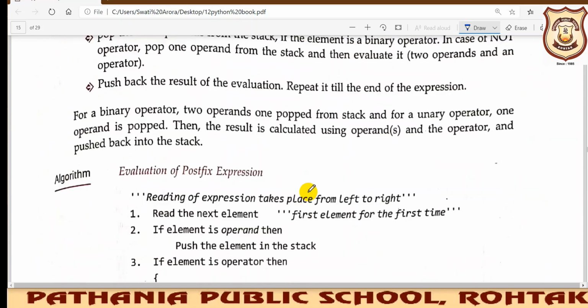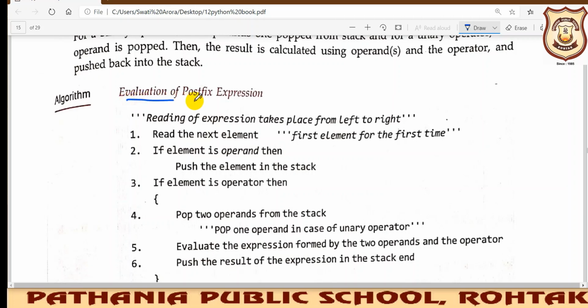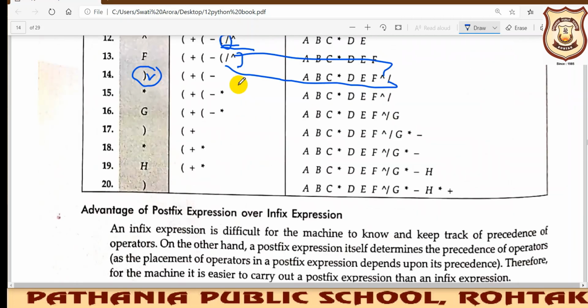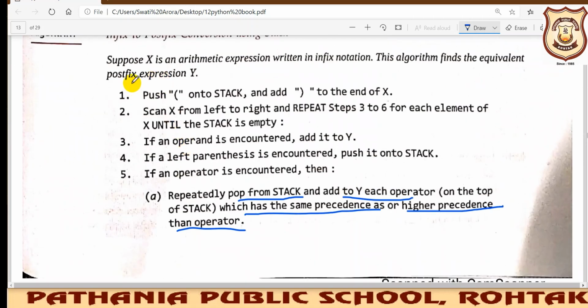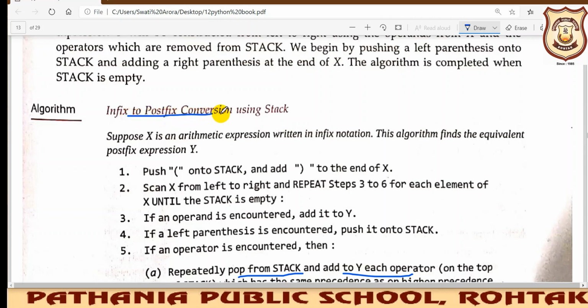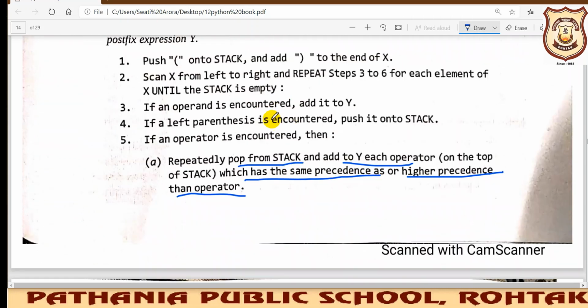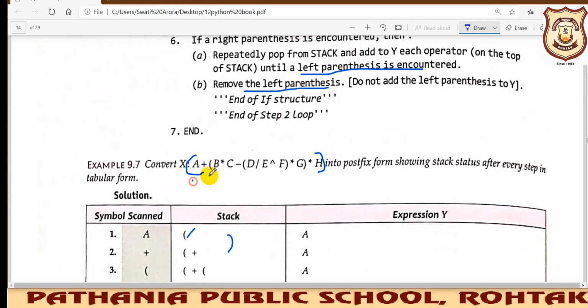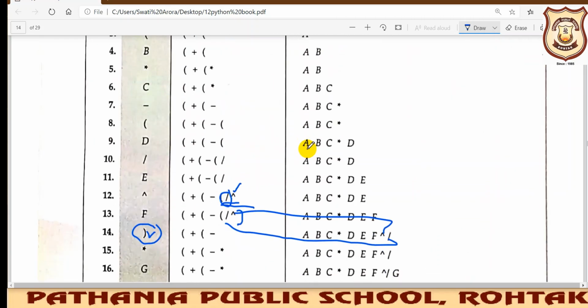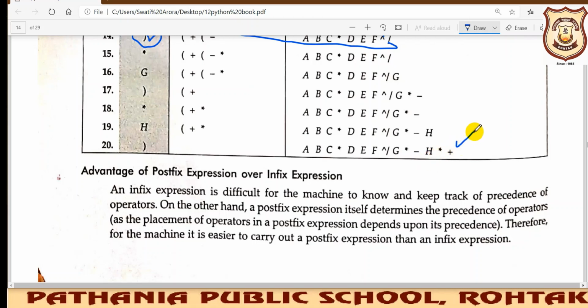And now let us discuss another algorithm, for evaluation of the postfix. This was for conversion of the infix expression to postfix expression. Here we were not evaluating, we were just converting, meaning we will not be given the values of the expression variables, or we can say operands. See, this type of expression is given to you and we are not aware of the values of a, b, c, d, e, f, g, h. So ultimately we will get the answer like this only, we will not get any numerical value for this expression. When we evaluate, they will provide you the values of all these variables.